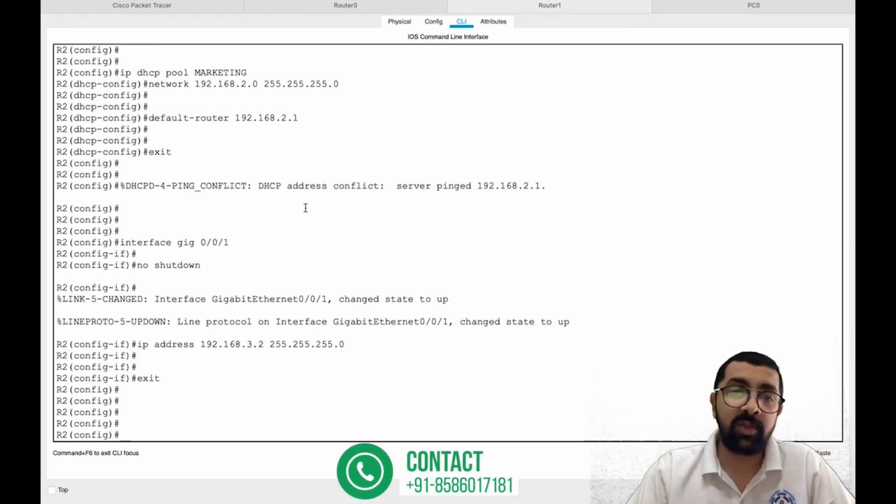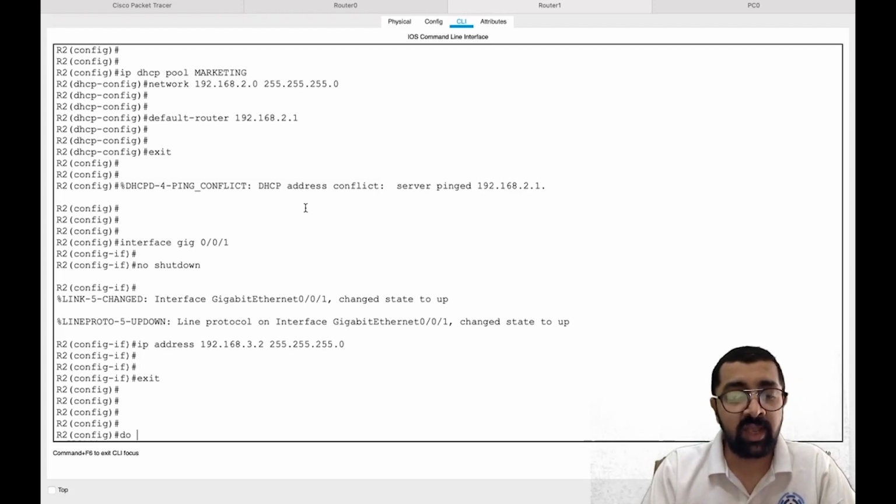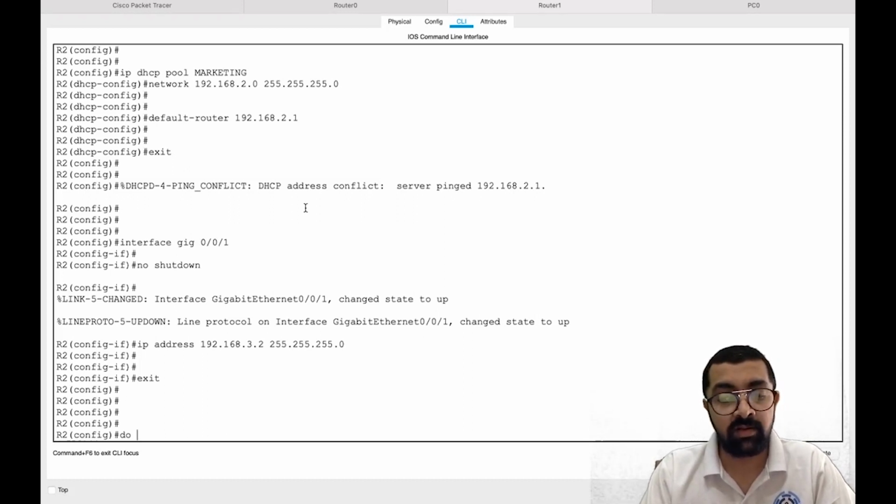Now here's the thing. When you want to execute privilege mode commands in the global config mode, because it's kind of frustrating to go back and forth again and again to execute some of the commands there, right? So if you want to execute the show commands or other privilege mode commands there, you can use something called do before the show command. So always use do before executing any command that is originally made for the enable mode. So you can execute the same command by just appending do before the command,